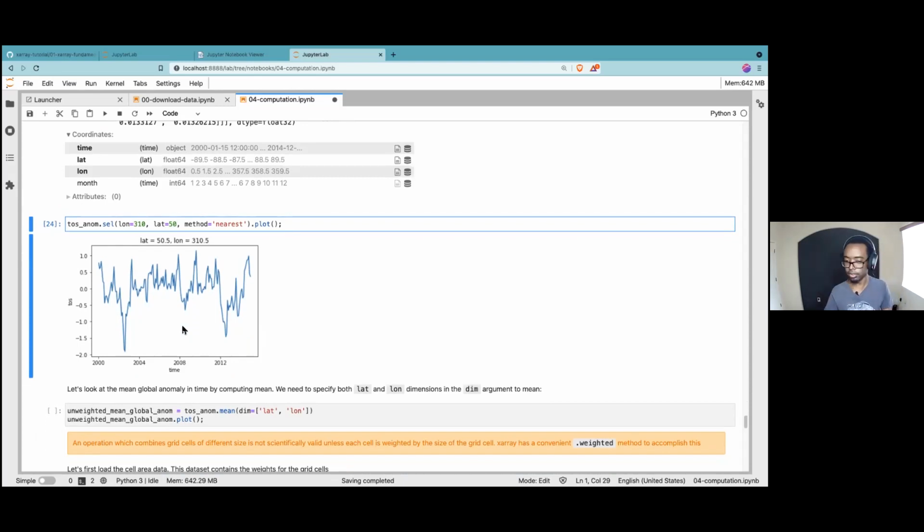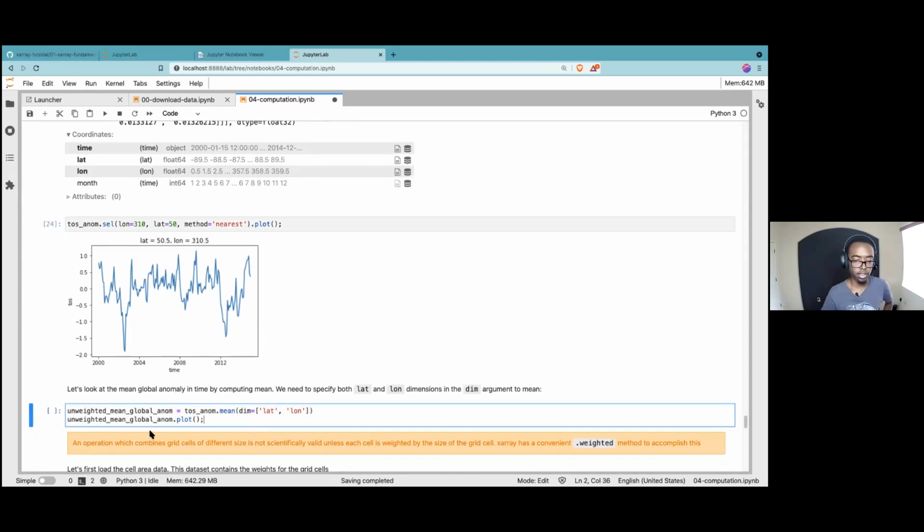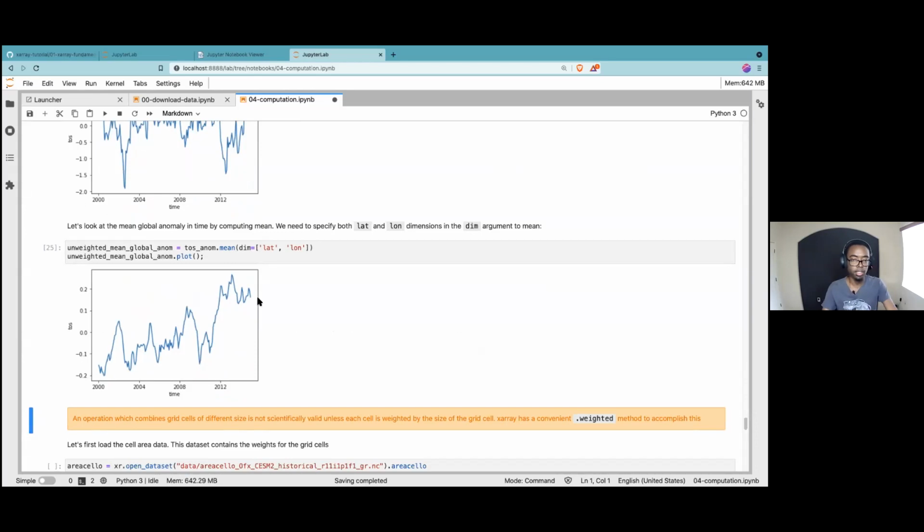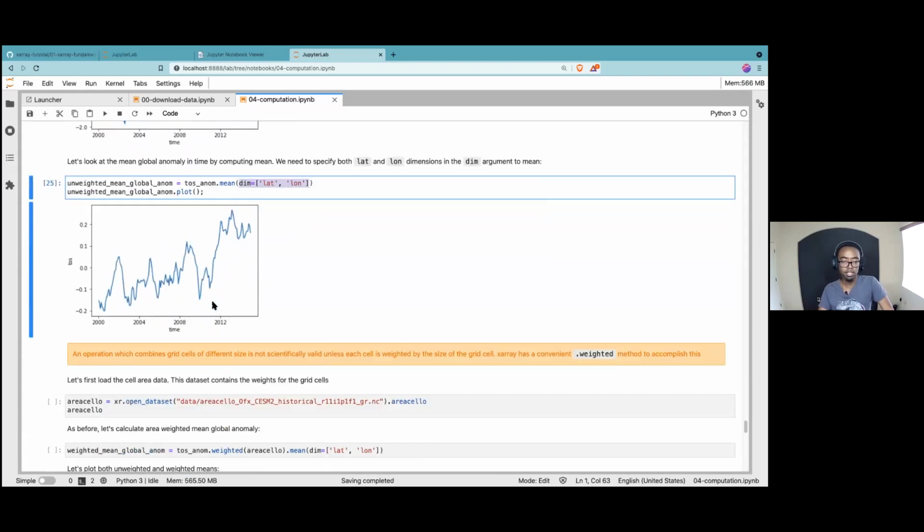We can do more complex things. So for instance, let's say we wanted to compute the global anomaly in time. So in this case, I'm going to specify dim equals lat and lon. So this is what it's going to give me. But because I'm reducing on latitude and longitude, this computation is not accurate because I'm not actually weighing these grid cells appropriately. So Xarray makes it easy to actually do weighted